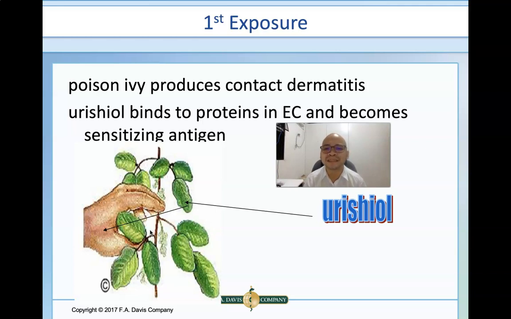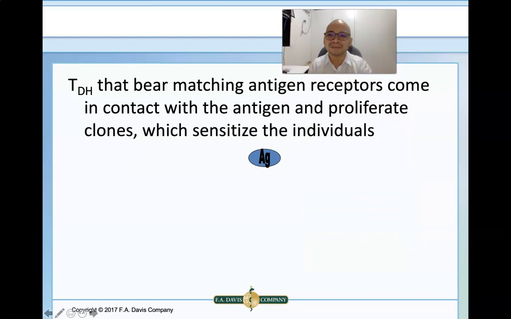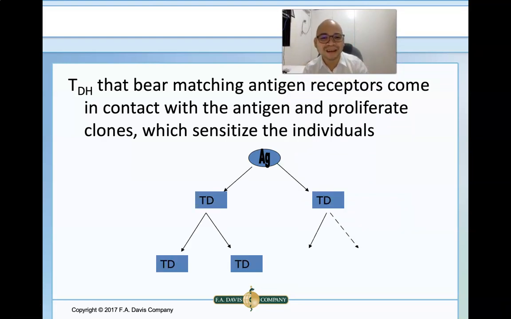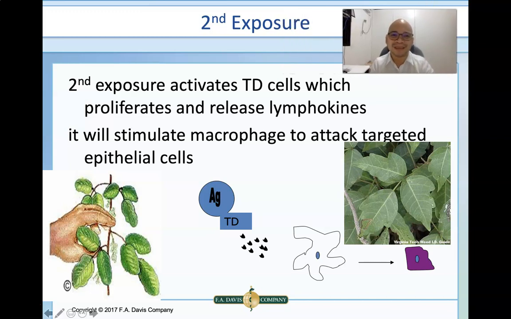So it is actually enough to synthesize the Th1 or the TDH, the delayed hypersensitivity cells, whose matching antigen receptors will come into contact with the antigen, and then they will proliferate clones. So you now have clones of Th1 or the TDH, the delayed hypersensitivity cells. During second exposure, so you are stubborn, you touch the same poison ivy. Okay, it will now activate the